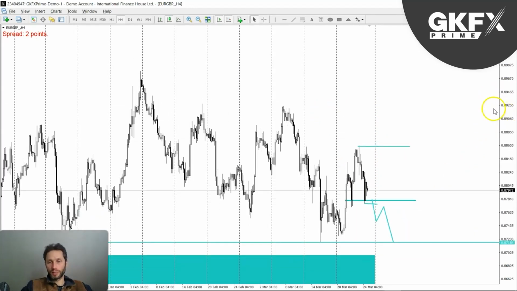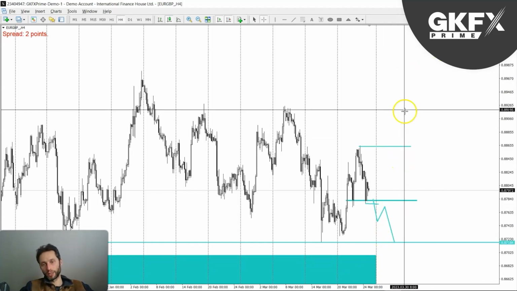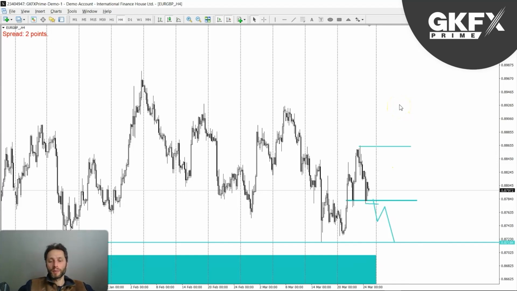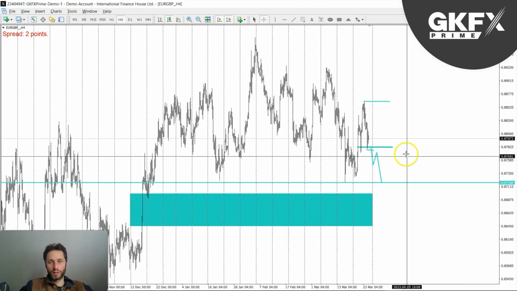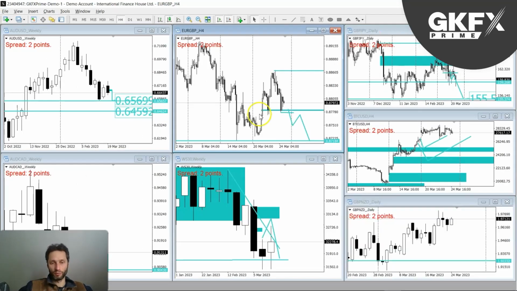In terms of euro pound, again, not the best, cleanest setup, I would say, because we are still in the middle of the range. Really want to wait for the market to do its thing and head lower within this zone before actually continuing to the upside. So because we are kind of stuck within this range, the probabilities are reduced. Don't really like trading in this kind of environment. It's not the highest of probabilities, and I prefer the A+ setups.